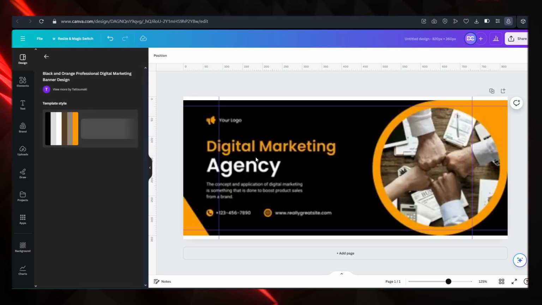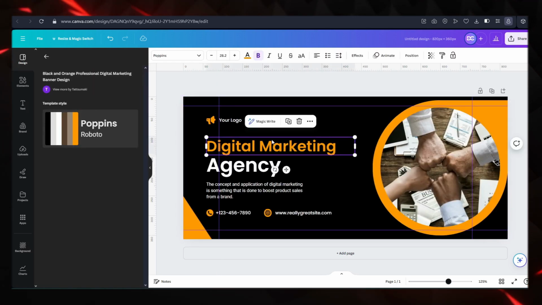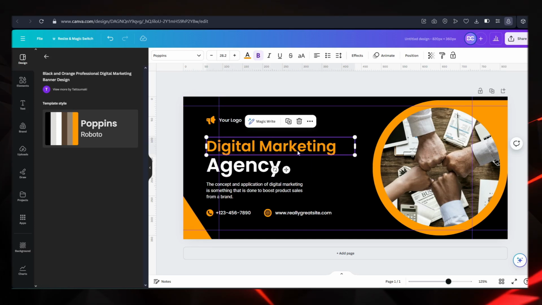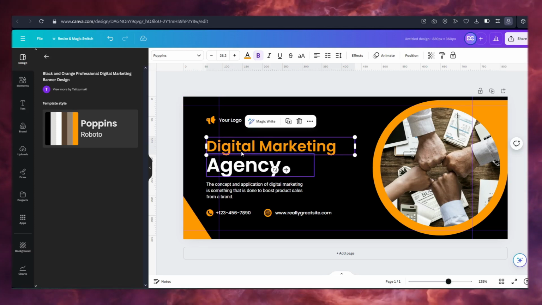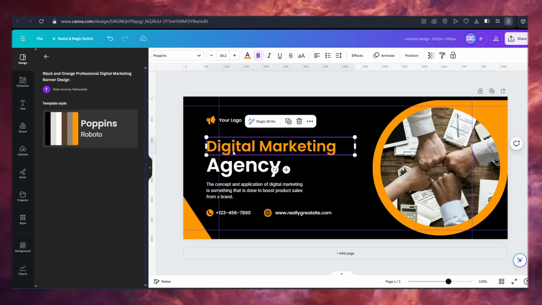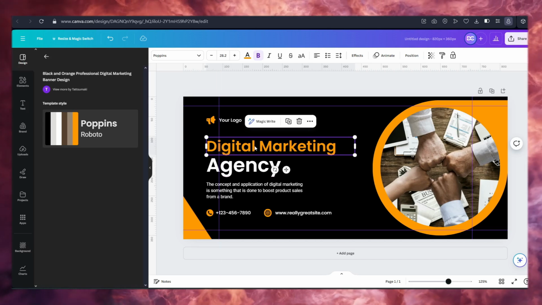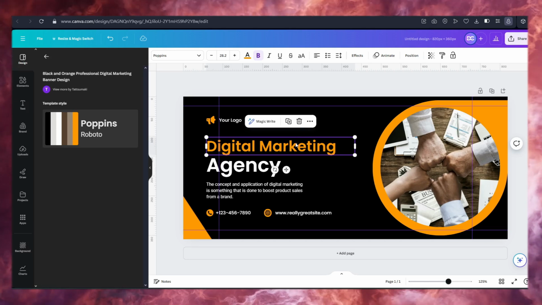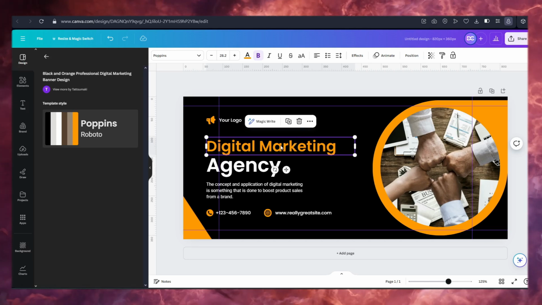Here you can see the digital marketing. The heading of this is out of the safe zone. If I leave this as it is and someone visits my page on their mobile phone, they will just see the digital marketing and the "DI" will be cropped out. So that's why we have created the safe zone. Now you can see the importance of it.